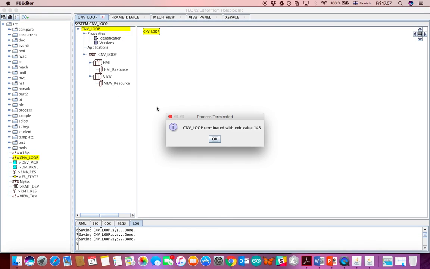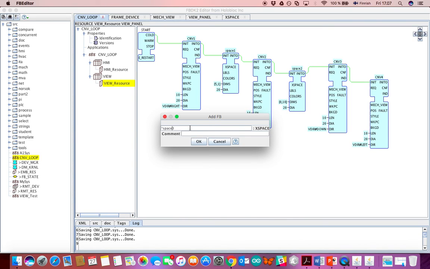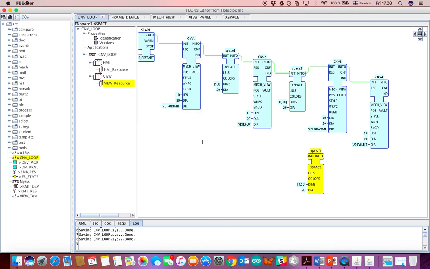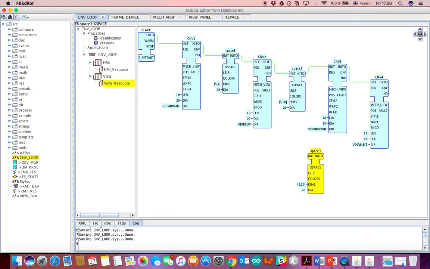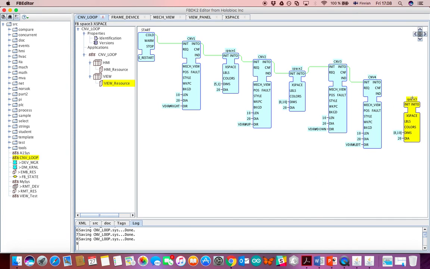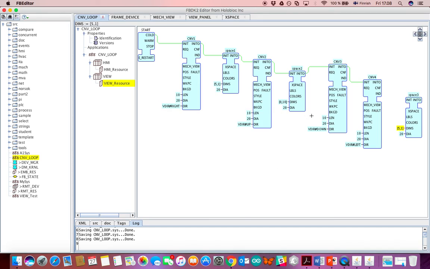So I do stop currently running system and I add another space block, making right mouse click copy, right mouse click paste, and naming as a space 3 block. And where should I put it? Well, actually we could have copied space 1 rather, because it has right values of coming after conveyor 1. Well, we have symmetrical picture for the low row. It should be, well, appearing here, well, if I show it on this structure. Therefore it comes at the end, our space 3, and I use for the size dimensions 5 and 1 as input parameters,